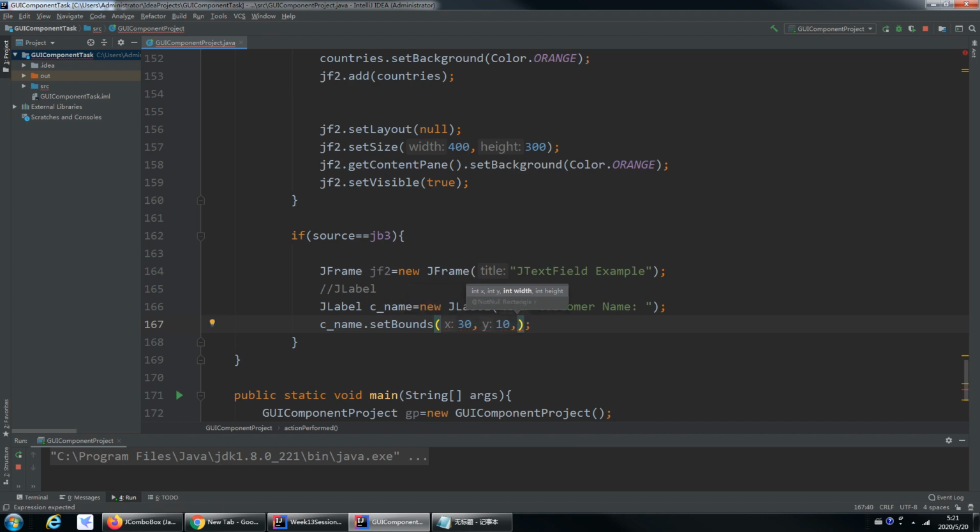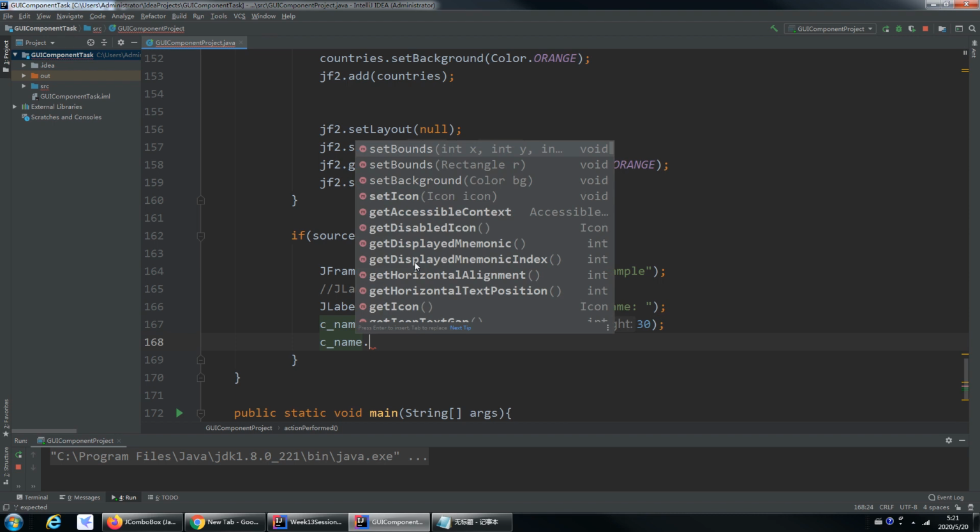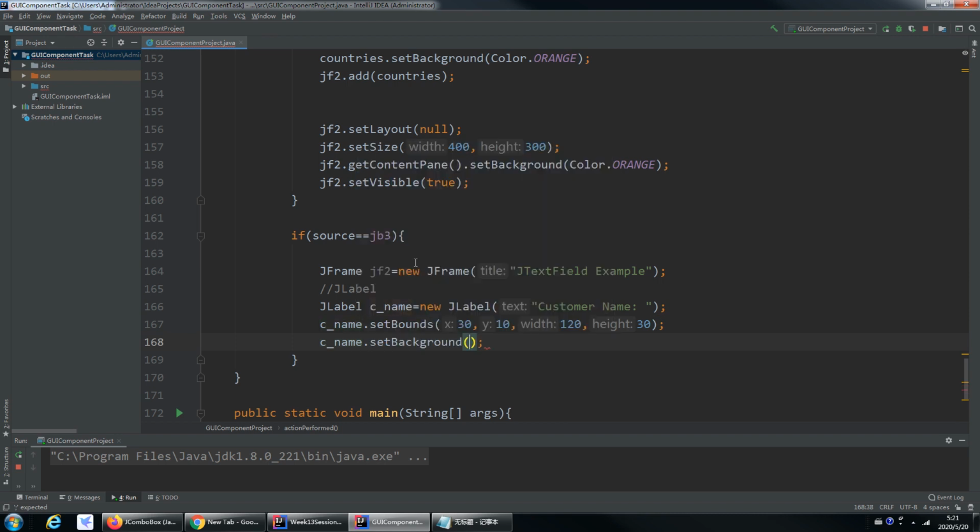What should be the width? 120. What should be the height? Let's choose 30. Okay, next we need to set the background color of my label. So c_name dot setBackground, and you can choose some color over here. Let's say Color.orange. Okay, next on the next line we have to create a